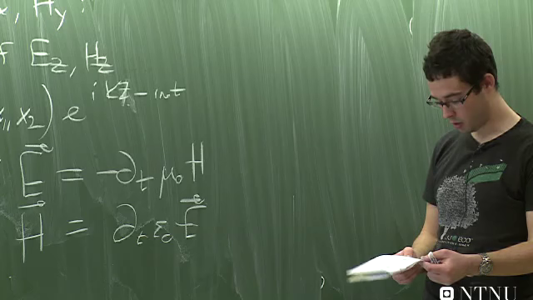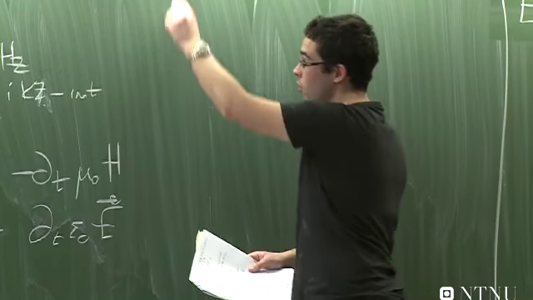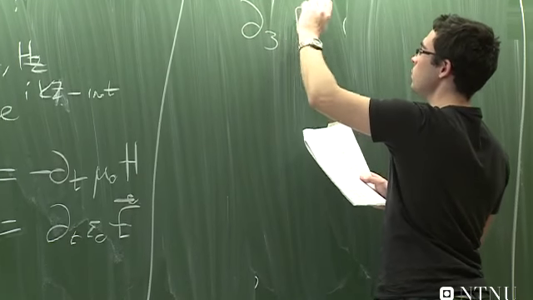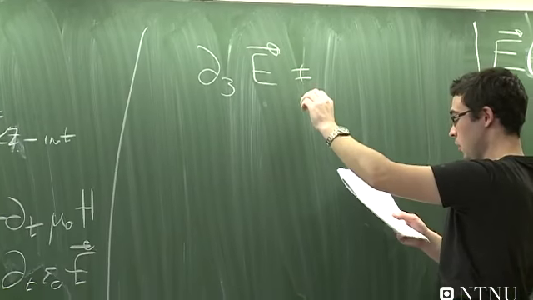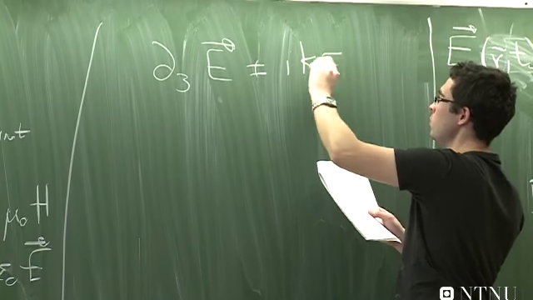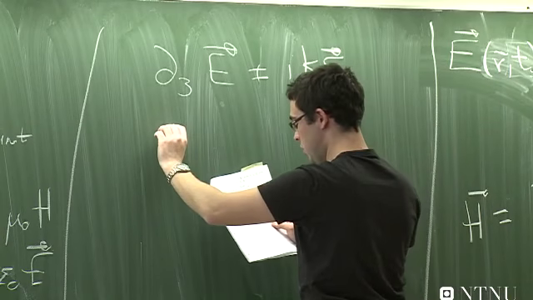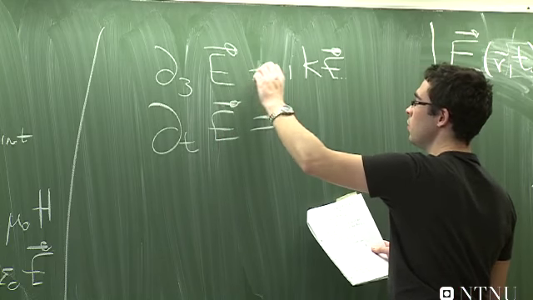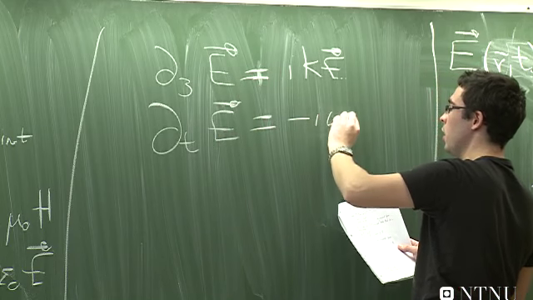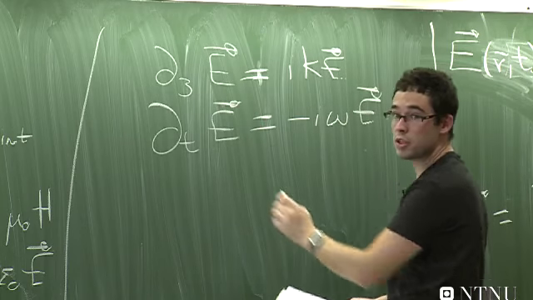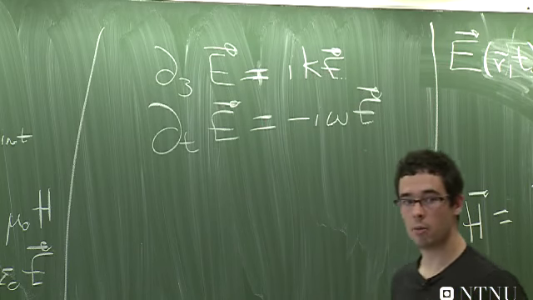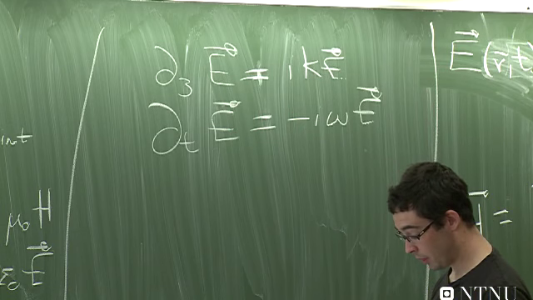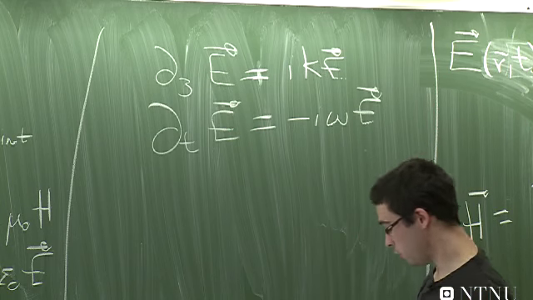And note that, again, d3 of E, the wave, is equal to simply ik E, and that dt of E is equal to minus i omega E. And if I use this harmonic dependence on time and on x3, when I insert this, I get somewhat simpler equations. And if I now write out 2 of these equations on component form, we see that we have